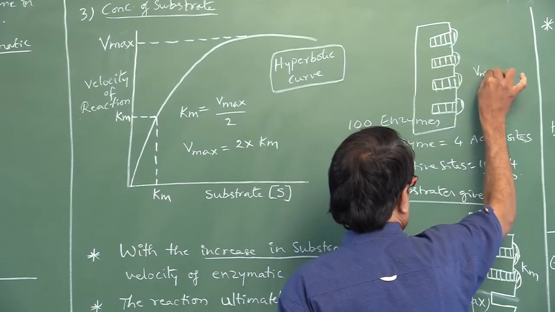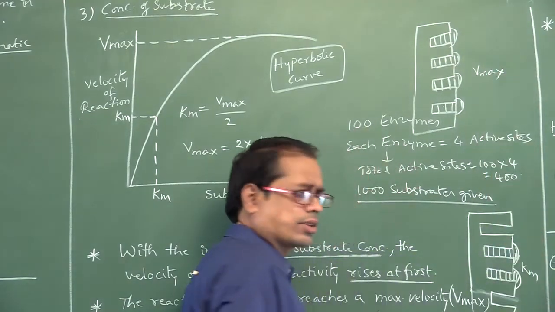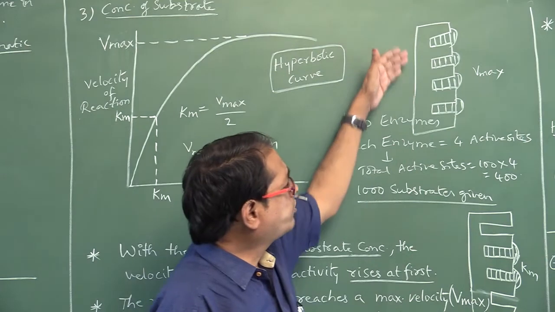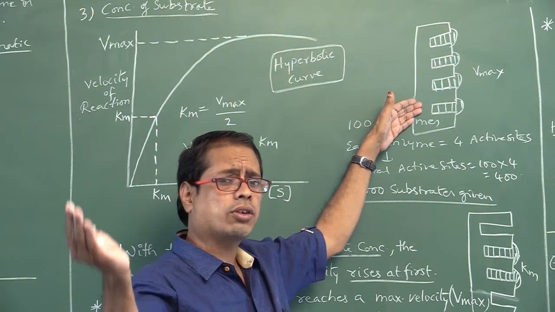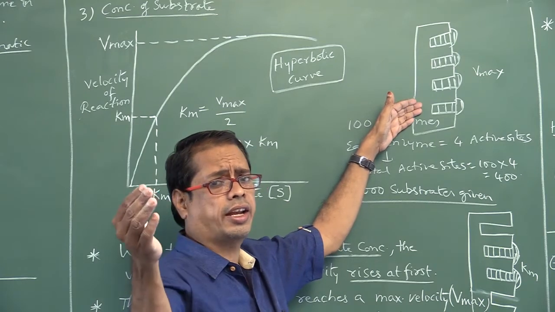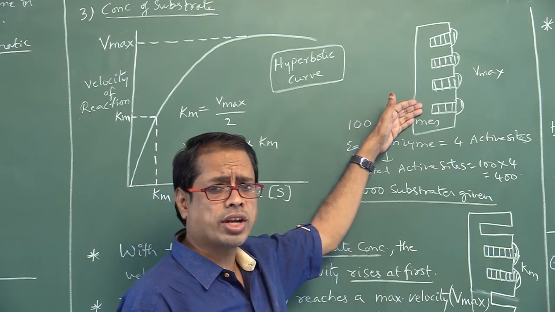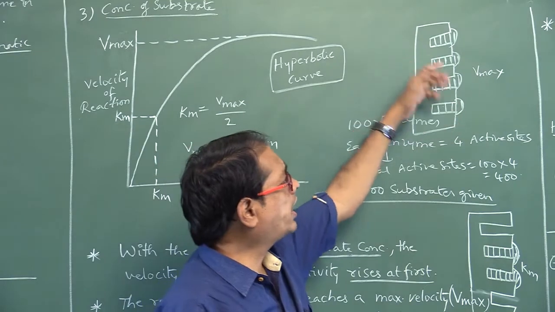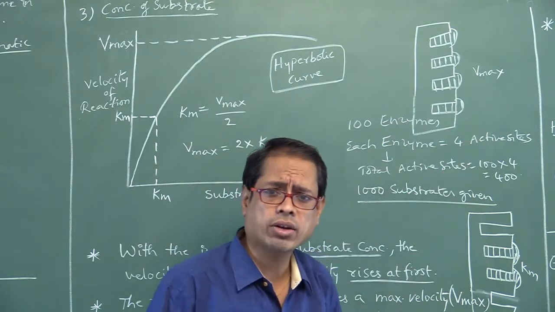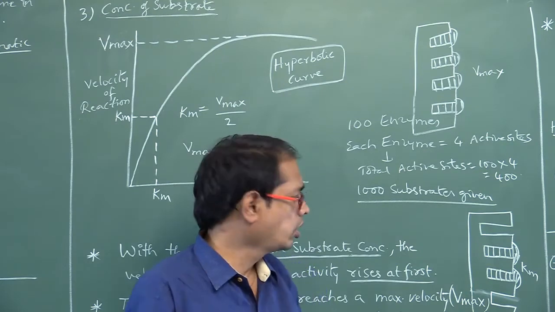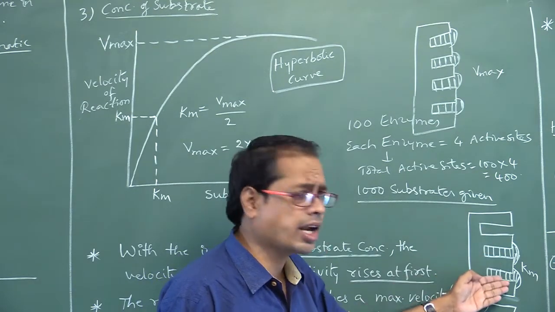So this would be called Vmax. If this enzyme has 4 active sites, and substrates are added to those 4 active sites, what is the maximum saturation? 4. This would be called Vmax. Half of the Vmax, that is half of 4 out of 4 active sites, means 2. If 2 substrates are added to 2 active sites, it is so called